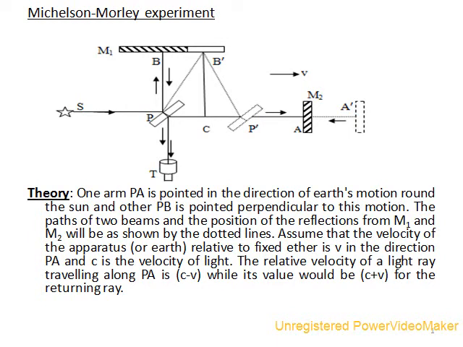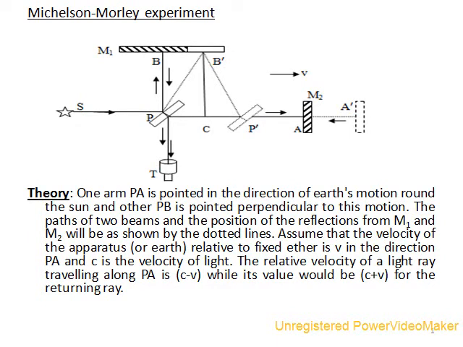Both the mirrors M1 and M2 are at the same distance from the glass plate P. The reflected light travels through the glass plate thrice, but the transmitted light passes through only once. The effective distance can be made the same by introducing one glass plate, which is not placed here.